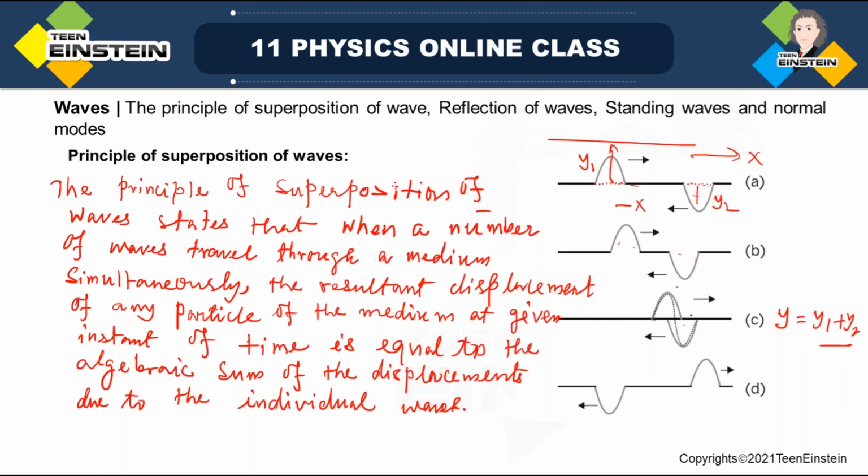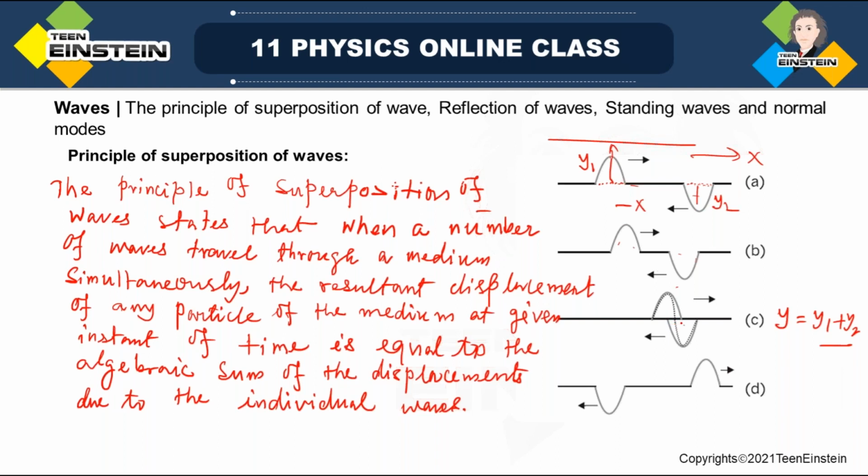I can write the resultant displacement at this particular position or element at a certain instant. Overlap means both the waves are passing through the same particle or same set of particles of the string simultaneously,